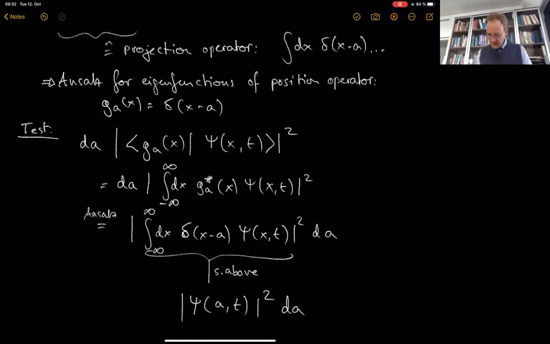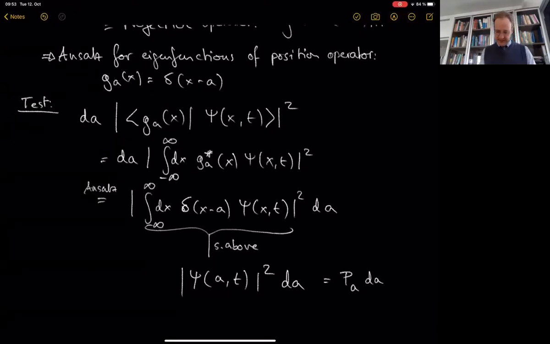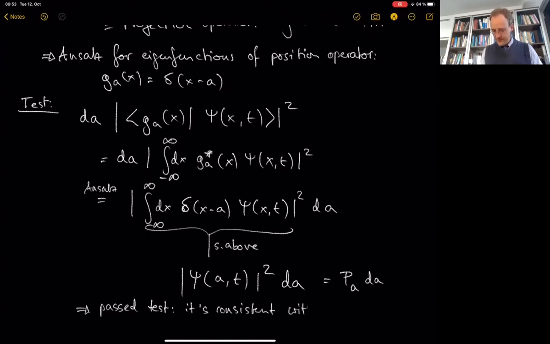So this is our probability for the position A in the spatial window of A. So this expression, we can pass the test. It's consistent